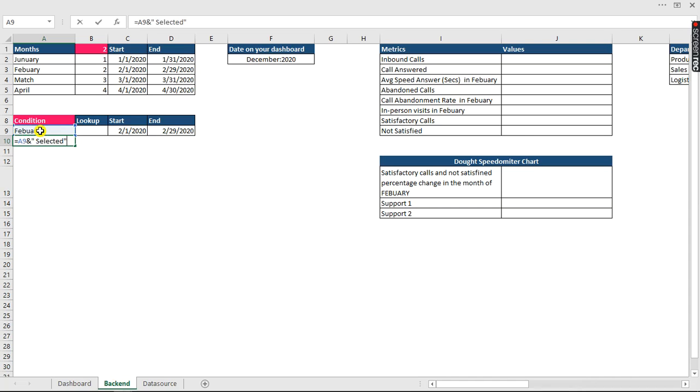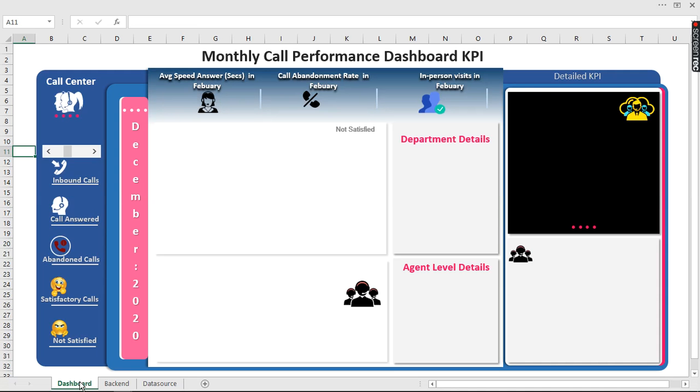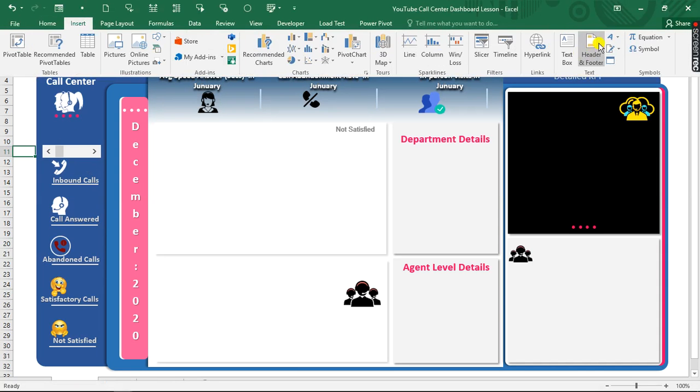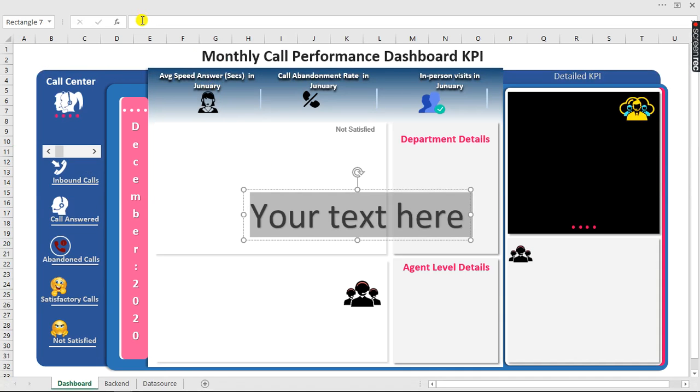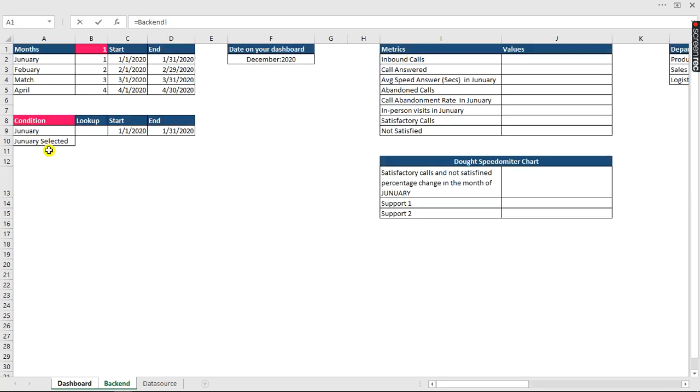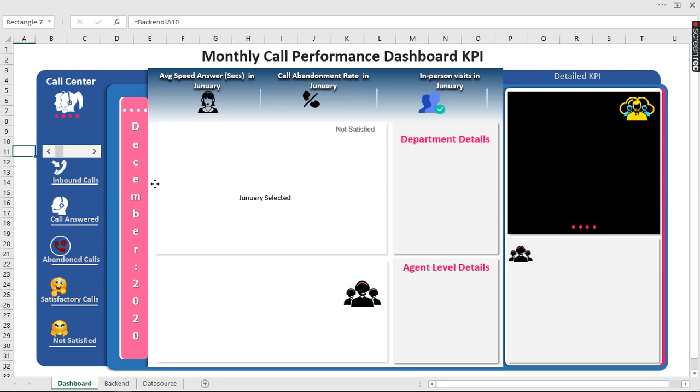So what it does is this is February selected. If we go right here and select January, it's going to tell us January selected. What we need to do right now is actually get it right here. So I'm going to come to the top right here, insert, and click on this. Here we go. Okay, fine. So we're going back and actually pick this, hit enter, and I'm going to bring it to the top